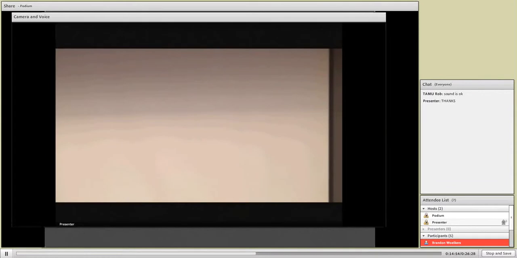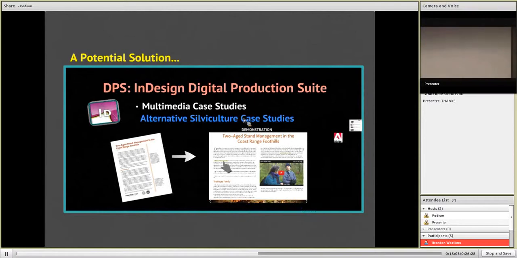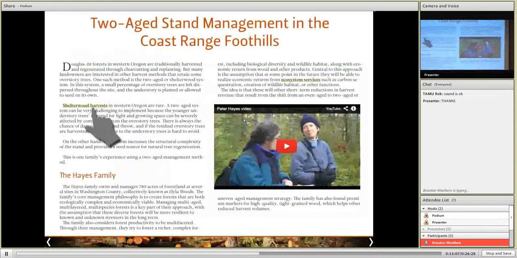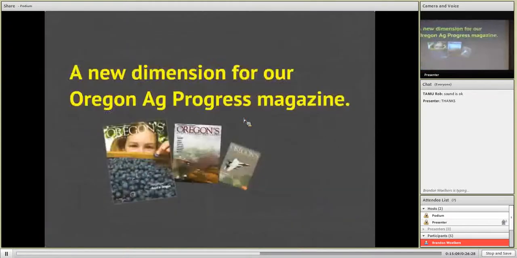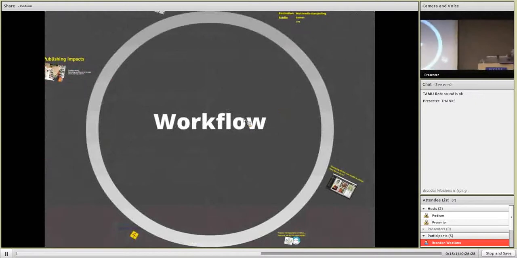Okay, so I'm running out of time, but before I take questions I wanted to quickly look at some of the issues we had to face in going down this new road to create these things and others. Because really, this new way of looking at things has affected our workflow.